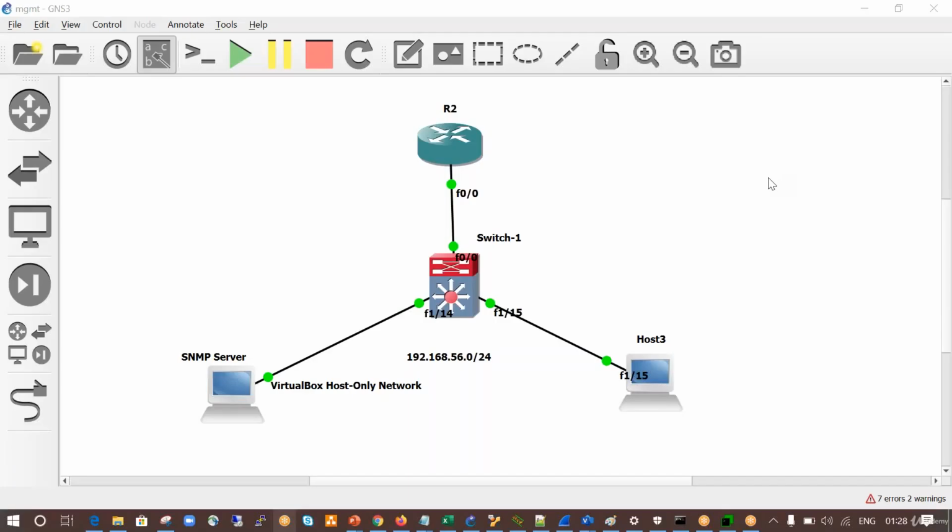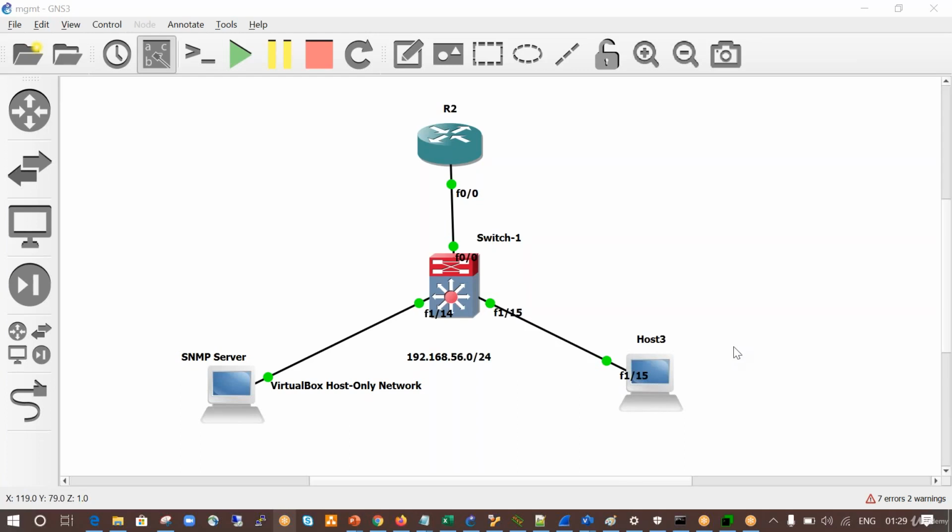Let us perform the lab task. Here you can see in the lab that I have one SNMP server that I'm going to use as a manager, and then the switch one that you are seeing here in the diagram, that is actually router 1, that I'm going to use as an agent. And then from this host I will generate the traffic.